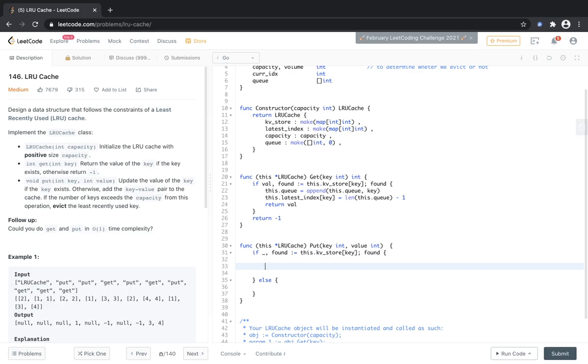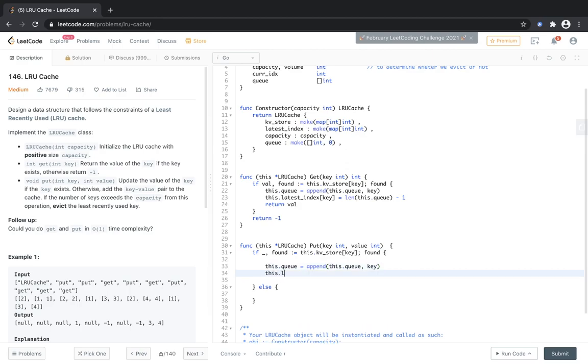If the value is found, we just need to update the value, right? And we also need to append the value to the queue. Append this.queue key, okay, and this.latest index key is equal to length of this.queue - 1.